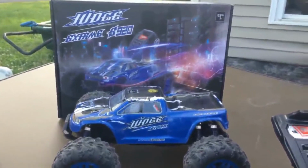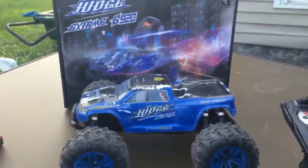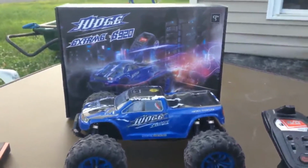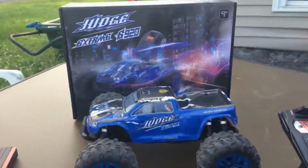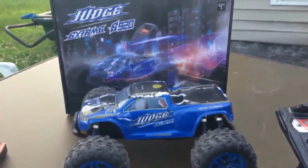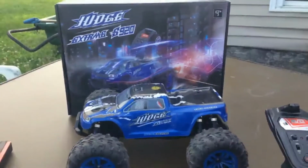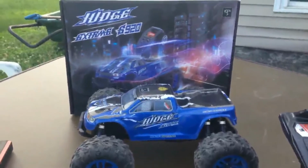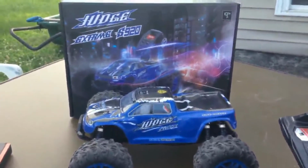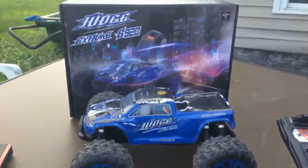The only issue with it is, when I bought it, I didn't care much about whatever it said. It's actually a 1/10 scale four-wheel drive pickup truck, but I don't know where they're getting that from. It was much smaller than what I thought. When I got the box, I thought it was going to be much bigger. It is a smaller truck, and even though it kind of disappointed me that the 1/10 scale wasn't as big as I thought it was going to be on this one,